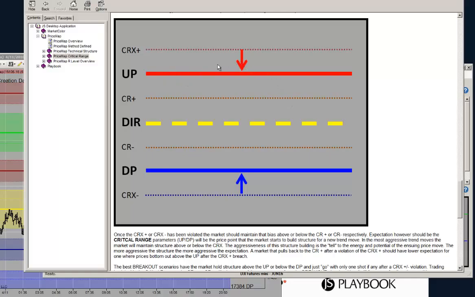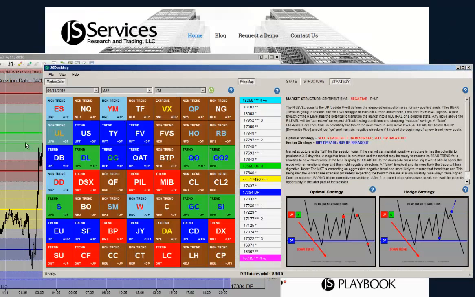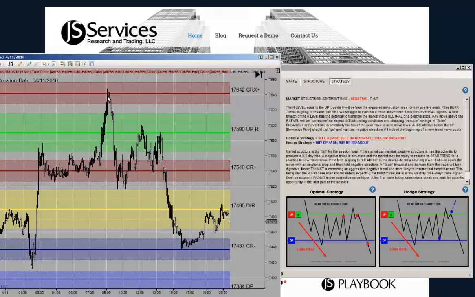If you're getting a breakout, we're in a bear trend correction. We have the R level here. A lot of times this CRX Plus level, you can anticipate that to be kind of the squeeze high, and you can jump on something a little earlier than anticipated. When the market's here and it starts to stall out, you have to think we're in a bear trend correction, and we may be in this spike. Definitely, if you have the order book to look at what's happening here, it can give you a lead into this reversal trade. It's not confirmed until it's here, and then it got messy, but it held the variances,